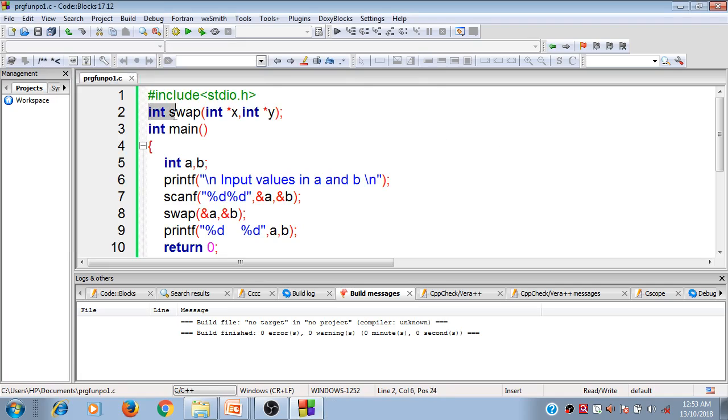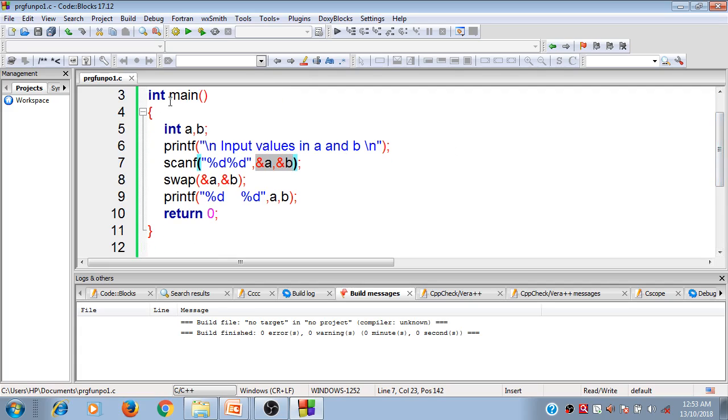This is the declaration part of the user defined method. Inside the arguments I have used two pointer variables x and y. Here are the two variables of the main function, a and b. I have input the values inside a and b. Now this is the calling part. So the main is calling the swap function.